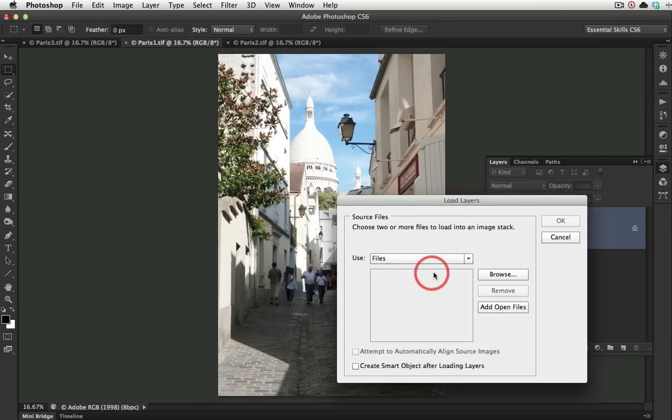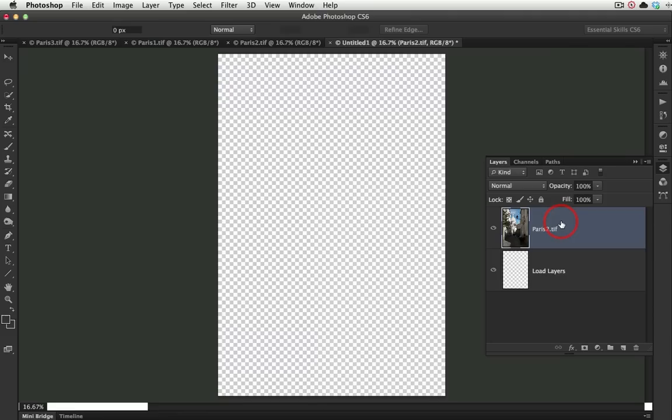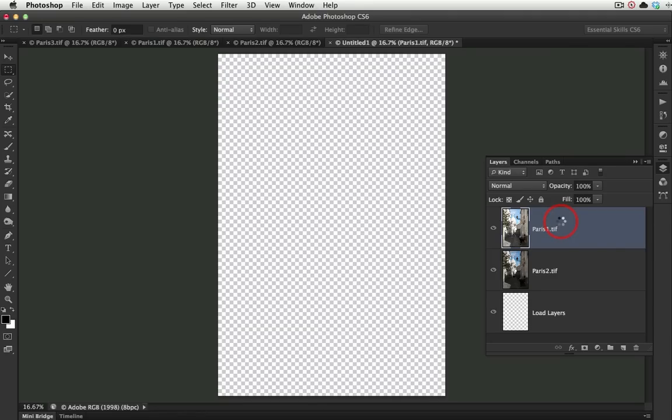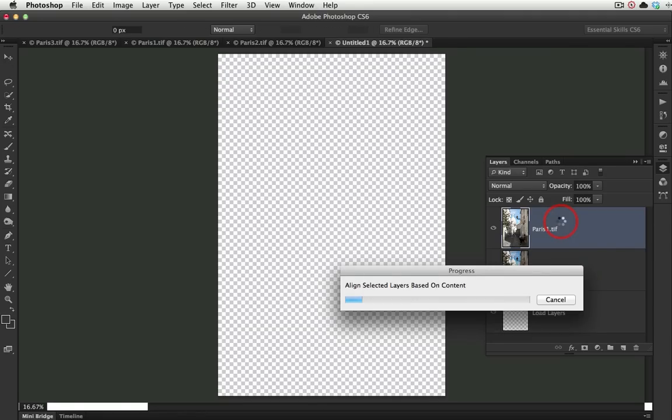Okay, now the files are already open, so I'll just click on the Add Open Files. You can alternatively browse to the files in a particular folder. Now, we also have an option here called Attempt to automatically align source images, and this is exactly what I'm using this for. So I'll click on that checkbox, and now we'll select OK. And Photoshop will place all 3 of the images into one file, and as you can see, it's aligning the